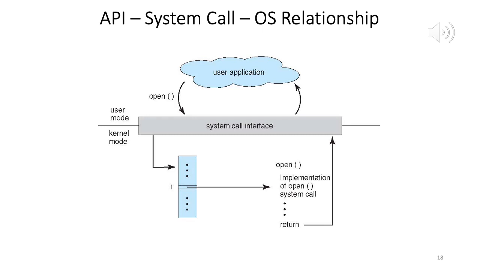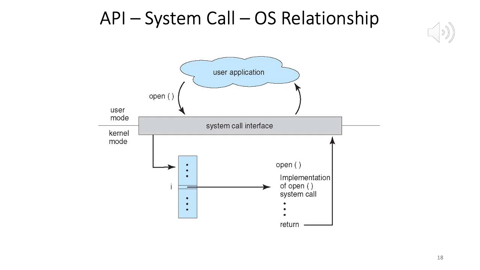So now I am on slide 18, API, system call, OS relationship. First, the user application, right? It's executing, which means some programmer or bunch of programmers have coded that, and that user application is running. Its instructions are being executed. Then the application after a while makes a system call, let's say open. So it goes to the system call interface, which means the API will be called open, perhaps that would be the name of the API function. That will in turn call the appropriate open system call.